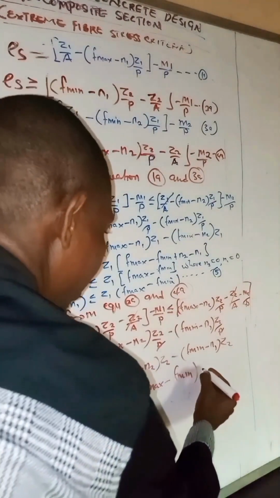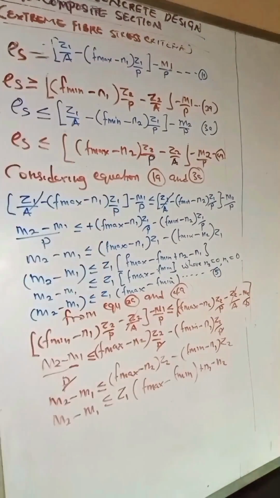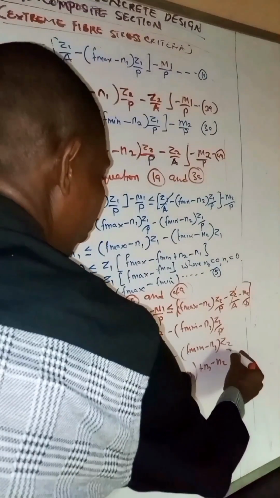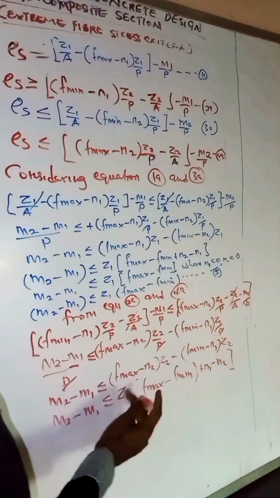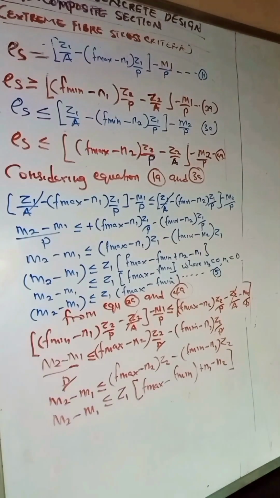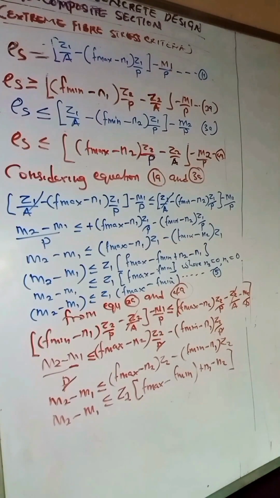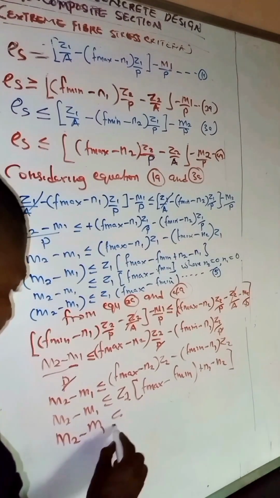So this becomes plus N1 minus N2. So we can have the moment variation M2 minus M1 lesser than